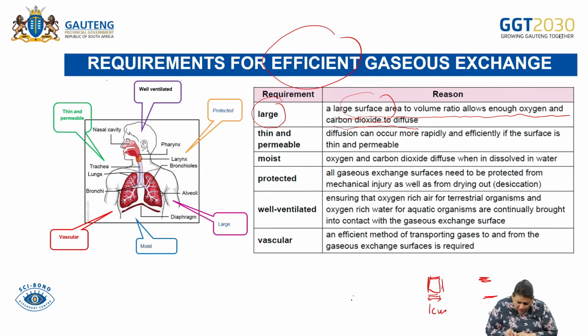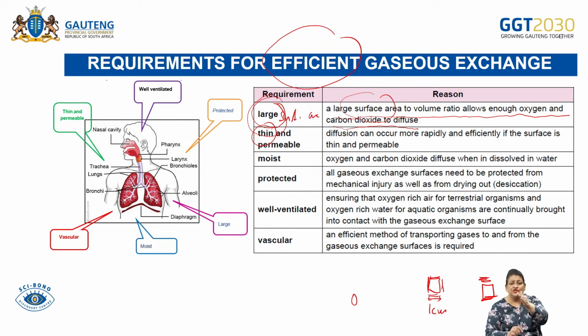So it may occupy a small space, but in terms of its actual surface, it could be 4 cubic centimeters, yet its space is just occupying 1 centimeter. So it's standing on 1 centimeter volume, but along the surface, it's 4 sides. So the surface area compared to the size is greater, and that means there's going to be maximum diffusion of gases, gaseous exchange. So there must be a what? A large surface area. Then for any surface to have gaseous exchange, that surface must be thin